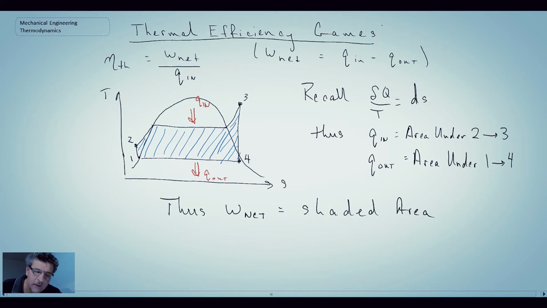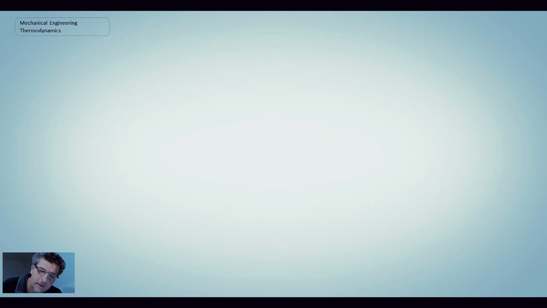So if we want to increase thermal efficiency, notice that we have the net work in the numerator. If we want the net work to increase, what we want to do is increase that shaded blue area. So things that we can do to increase that area and consequently increase the thermal efficiency of the Rankine cycle,